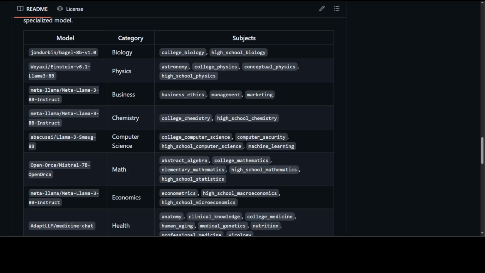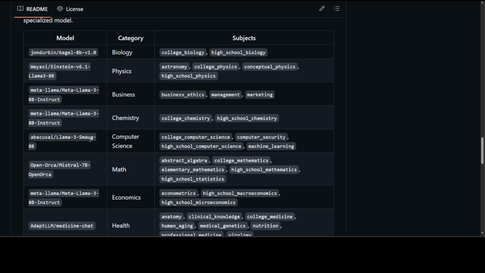MMLU is a benchmark, and MMLU stands for Massive Multitask Language Understanding. It's a test designed to measure a text model's multitask accuracy by evaluating the model in zero shot and few shot settings. The MMLU benchmark is a diverse set of tests designed to evaluate the understanding and problem solving abilities of language models across multiple domains. So if you look at it, for example, in this one, this Abacus AI Llama 3 Smog one,